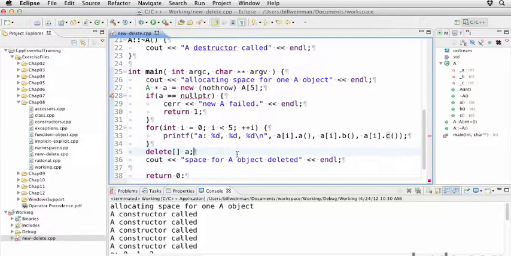The new operator is used for allocating space for objects in C++. Every object allocated with new must be destroyed with delete, otherwise your program will leak memory. For more details, see the new and delete operators in the chapter on operators. Now let's delete our work